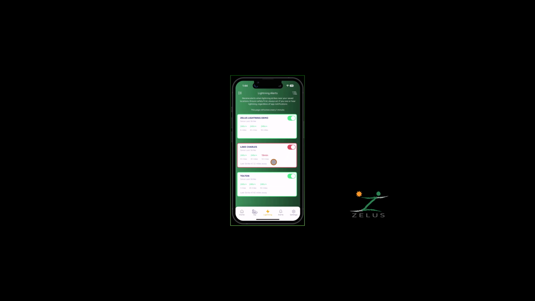If the location is outlined in red, that location has had lightning strike activity within the time parameters you've selected. Note that when your locations are on, you will be notified of lightning strikes in these areas via a push notification. For each saved location, you can choose up to 3 different radiuses in which to be alerted of lightning